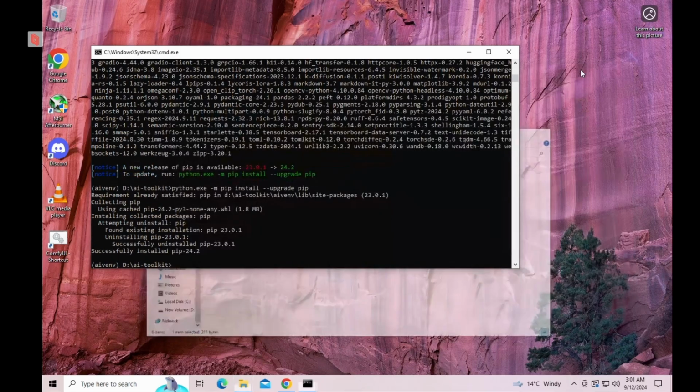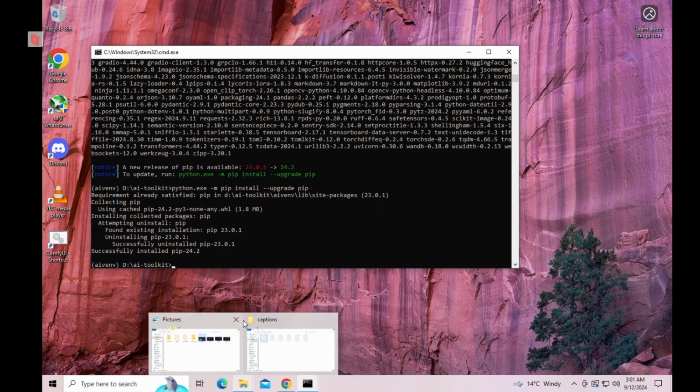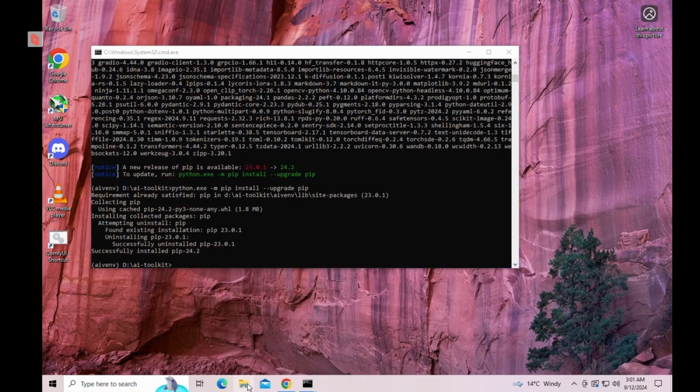I'm hoping I'm not missing nothing. Okay, so that's it. So now that we got our data set all done, you could test it with 5 images to 10 images. Just do a quick test with your thing. Make sure everything's working. Now the next step we need to do is to go into